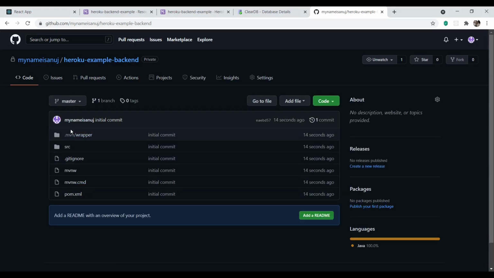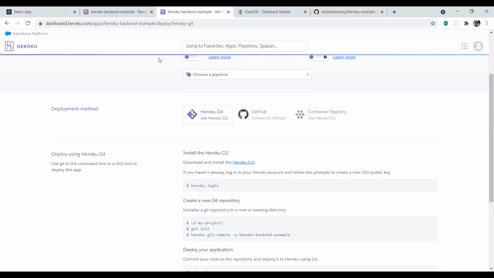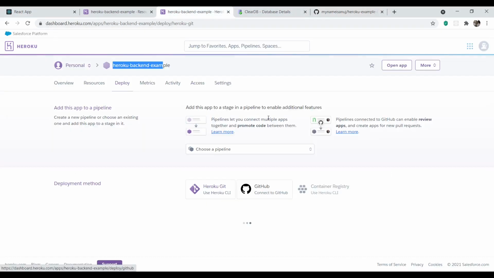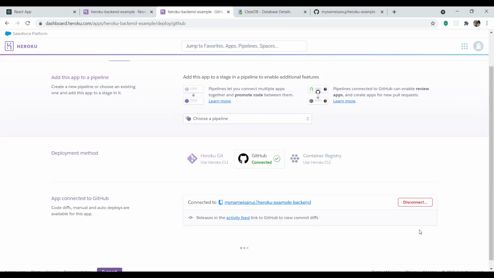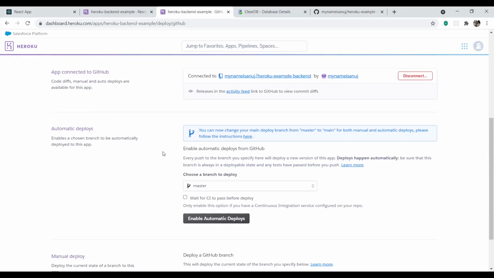Once we have pushed the code, you just need to do one click deployment. So you just go to GitHub. I've already connected my GitHub. If you're new, it will ask you for username and password. You can add that just like Facebook login. So you can add your repo. This is my repo, and let's connect this. So that's it, it's done.